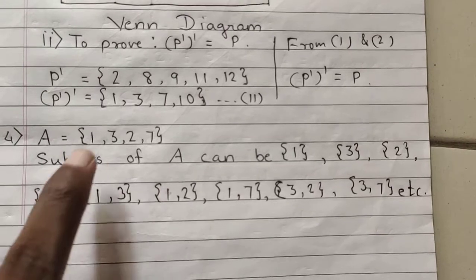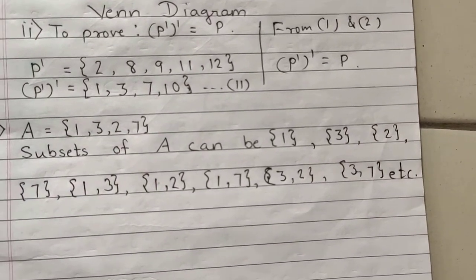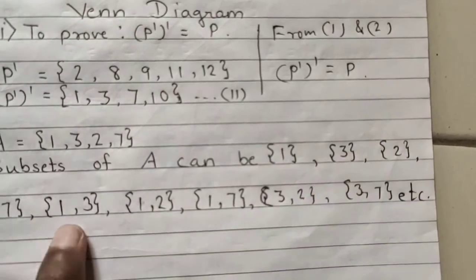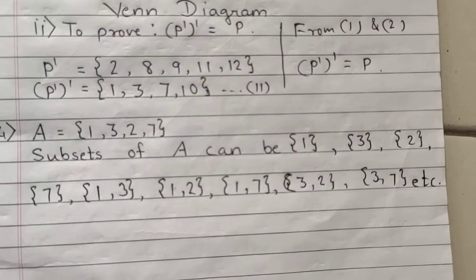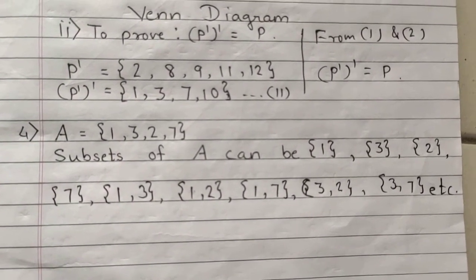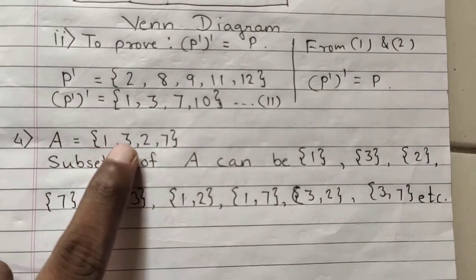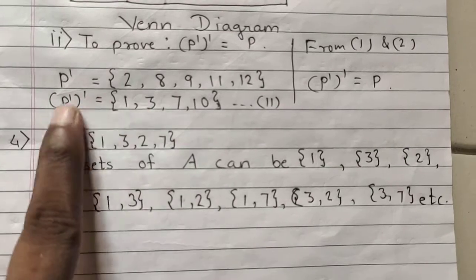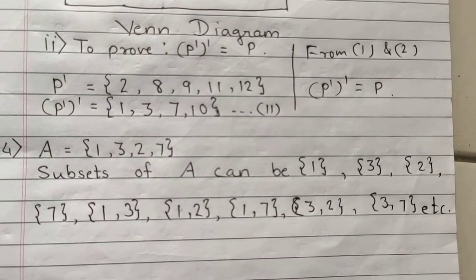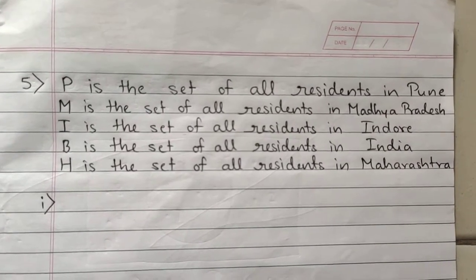Even you can write 3 element set like 1, 3, 2, 3, 2, 7 and all. Okay, so basically how many sets you have to write? 3. So already I have written 9 sets. Okay, you have to write any 3 possible subsets of A. So how to write it? You have to make a set which contains element which are coming from set A. Okay, got it now? Okay, now we will move forward.